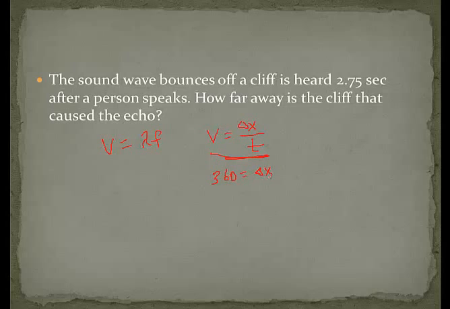We want the distance and the time, 2.75 seconds. Now this is what I expect us to do in this case. We multiply 360 times 2.75, to give you a distance, 990 meters. Now, this is a very common mistake because people